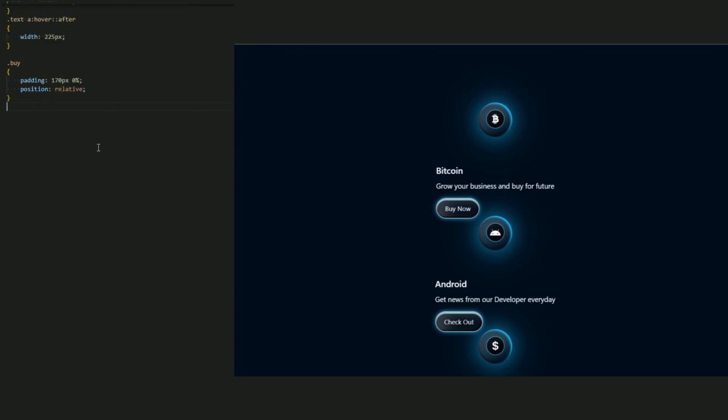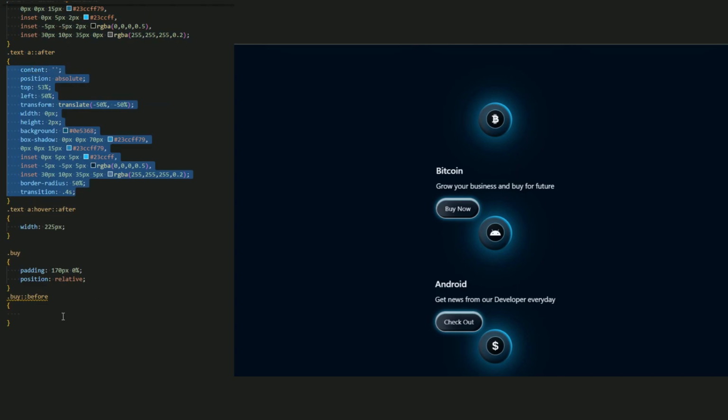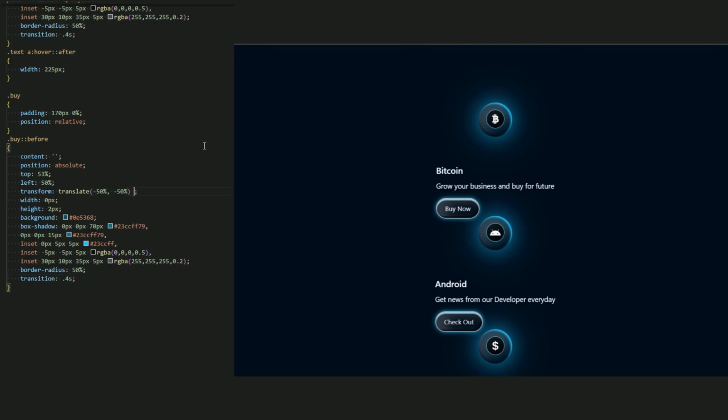Oh no, let me just create this line. I'm sorry, let me just create this line. So before, and let's use this same after, as we can use this. Let me use the same. Okay, and let me add a rotate 90 degree. There we go. And now set the width 120%, and let the height be the same 2 pixel. Yep. And for the background, let's use this color.